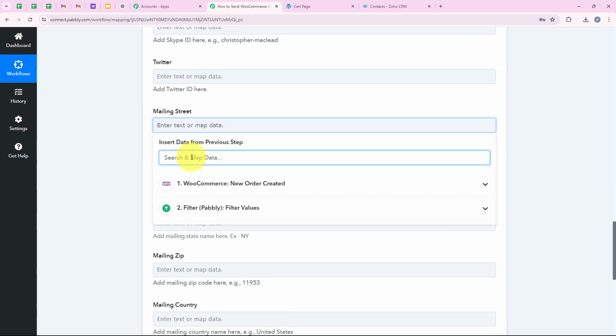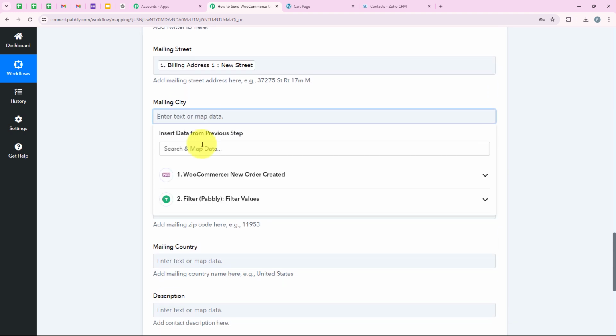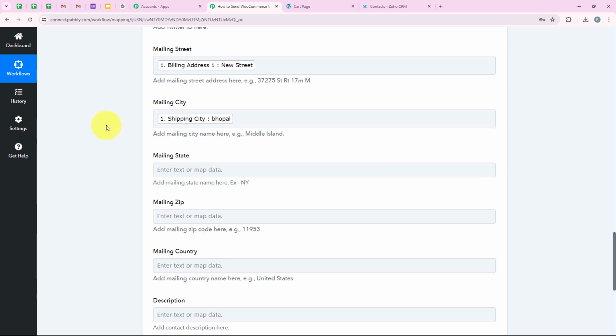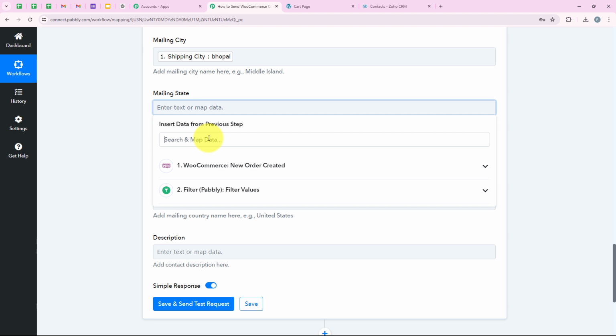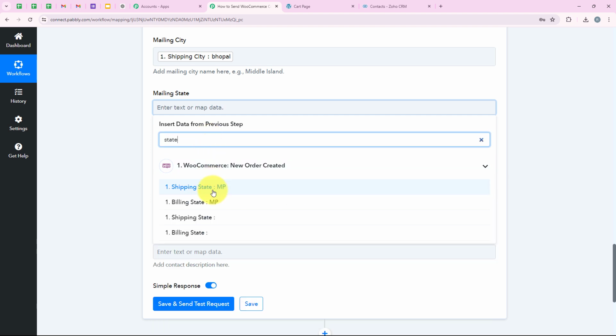So yes, we have the street name, so I'm going to search for it, and as you can see new street, so we are going to map this. We are going to map the city also. I'm going to search for it, and as you can see Bhopal, so we are going to map it. We are going to do same for the state also. I'm going to search for state, and as you can see the state, so we are going to map it